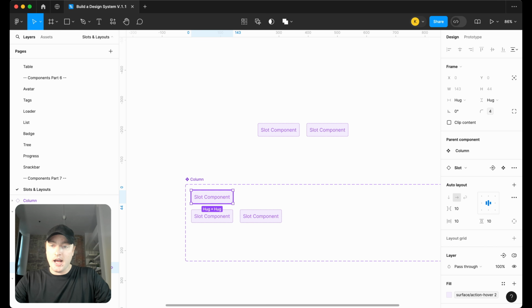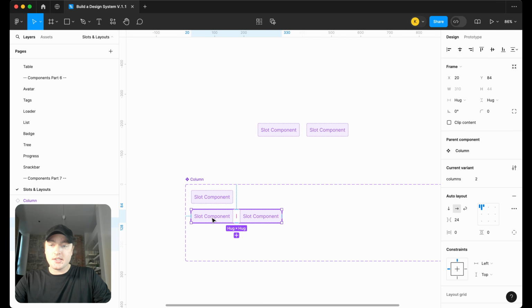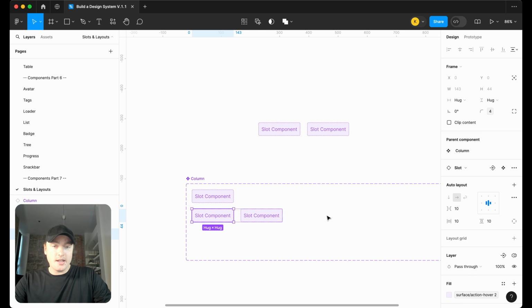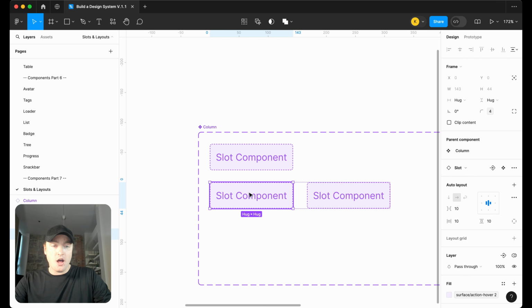So select the slot component from your layers, and I realize my face might be hiding that. What we're really doing is just selecting the slot component inside of the variants, and then we're going to create an instance swap property on that slot component that we are going to call slot 1. And then in our second row, we're going to select that first slot in the column itself. So selecting not the variant, but the slot, the first slot, and we're going to apply the same instance swap